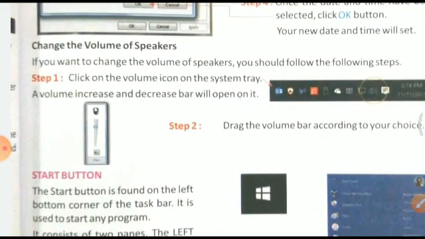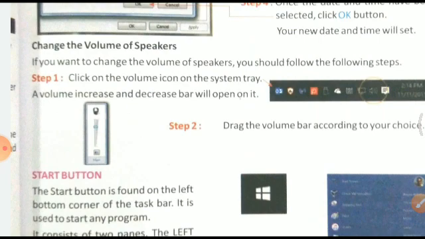Change the volume of the speaker. Yes, this is very important and essential, children. We should know how to change the volume of speakers, right? Because unless we know this, it might be possible that some videos are a little bit louder and some have less volume. So we need to be adaptable. We need to be able to change it. Right? If you need to change the volume of the speaker, you should do the following steps.